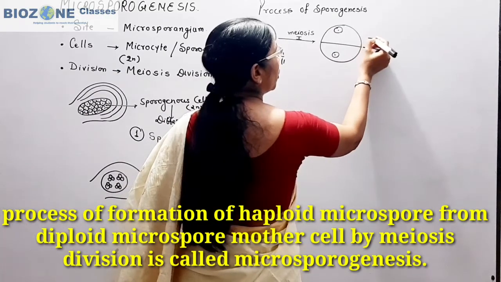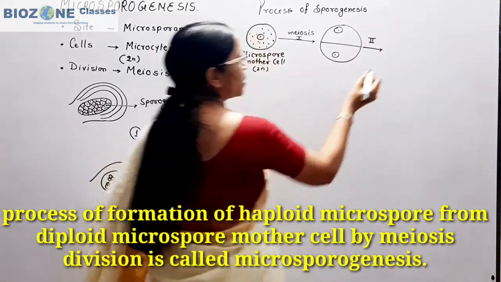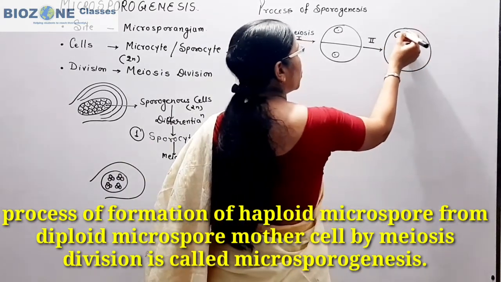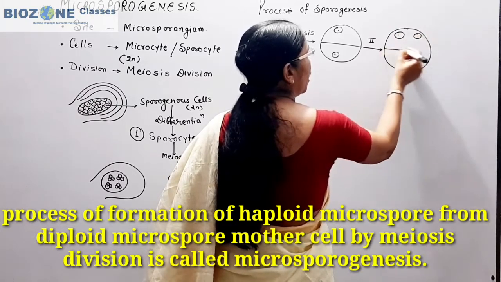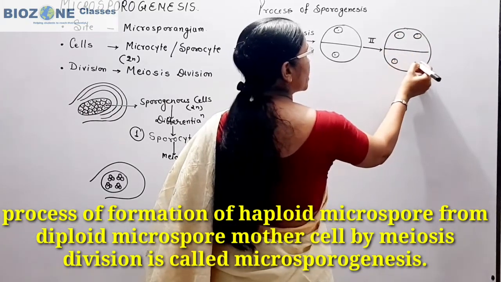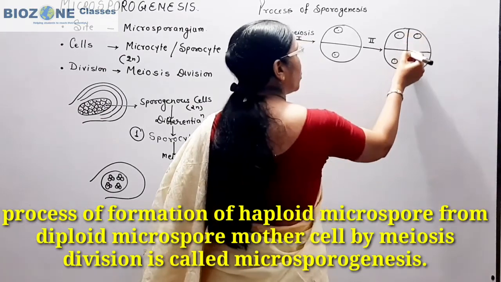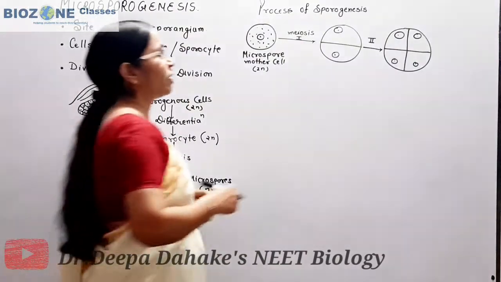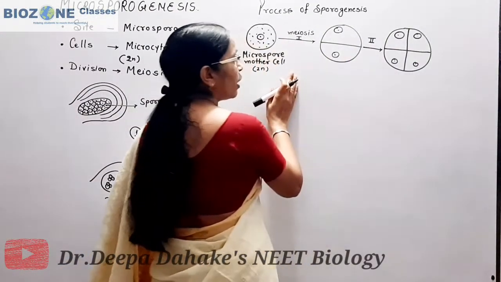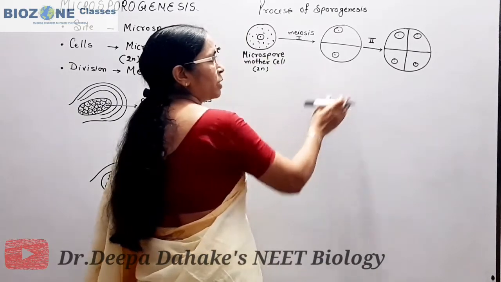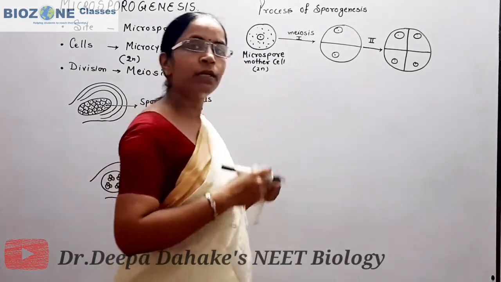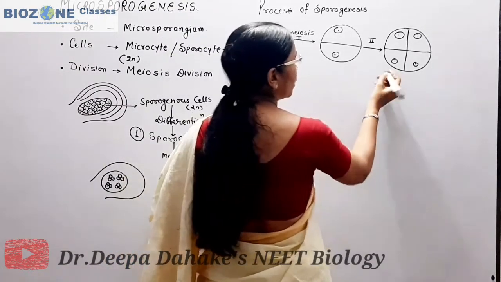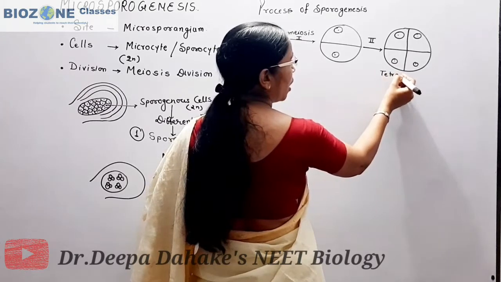After that meiosis 2 takes place, and upon meiosis 2 four nuclei, two nuclei in the upper cell and two in the lower cell, are formed, and after that you remember the cell division or cytoplasmic division takes place. So every nuclear division in microsporogenesis, in the majority of cases, is followed by cytokinesis, and at the end the tetrad of microspores is formed.